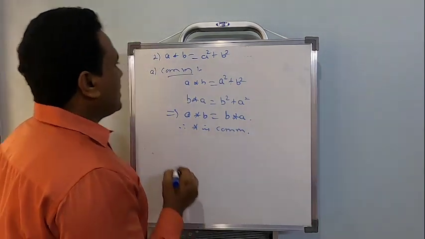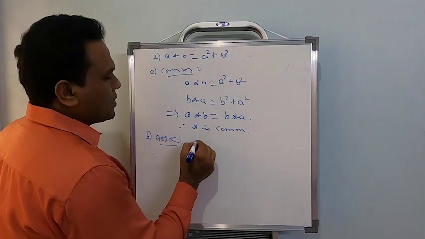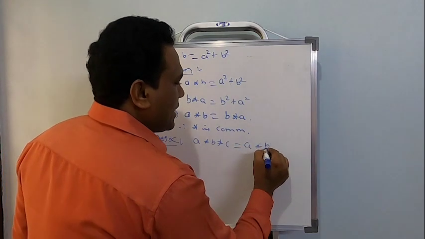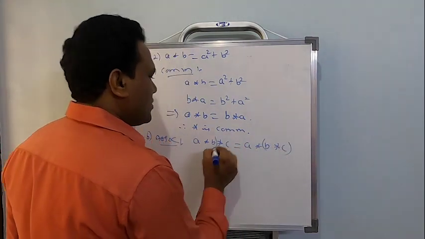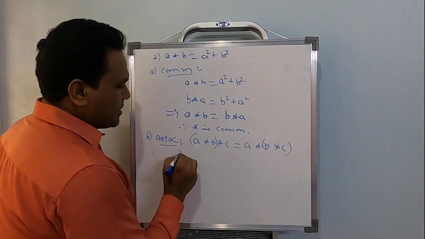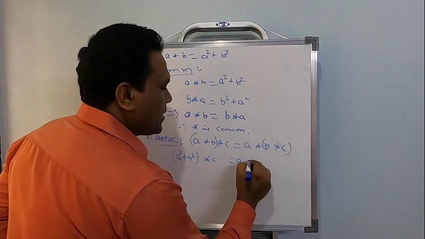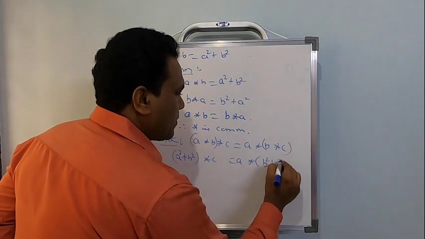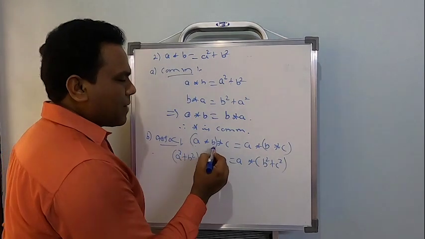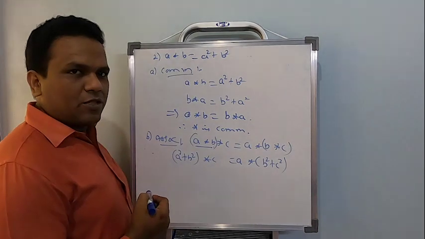It doesn't matter here, right? We have addition. Now let's move on to checking for associative. So associative says (A star B) star C equal to A star (B star C). So let's write the association like this. A star B is A square plus B square, star C, equal to A star (B square plus C square). So association means the brackets which are associated here. Now the definition should be applied for these two first, right?